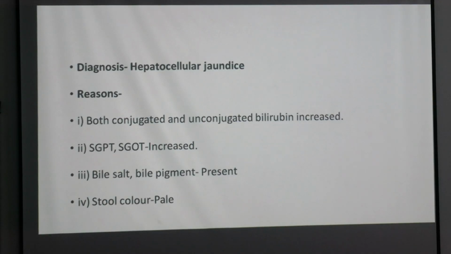কারণ both conjugated and unconjugated bilirubin increased, SGOT, SGPT increased, bile salt, bile pigment present, stool color pale. Actually in hepatocellular jaundice আমরা দুটো ফিচার্স পাই। টোটাল বিলিরুবিন 10, এর মধ্যে conjugated হচ্ছে 8.8, আর P-time prolonged, ALP বেশ অনেকটা রাইজ করেছে, সেই তুলনায় SGPT, SGOT খুব একটা বাড়েনি, বেড়েছে কিন্তু খুব বাড়েনি। আর স্টুল কালার প্লেন।